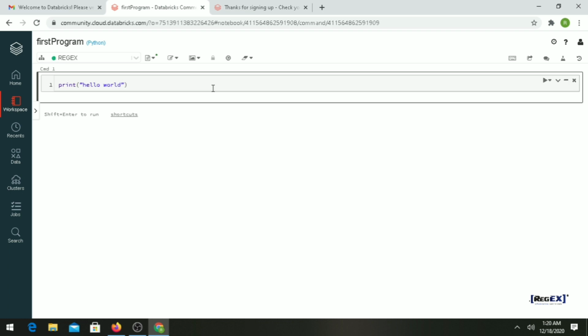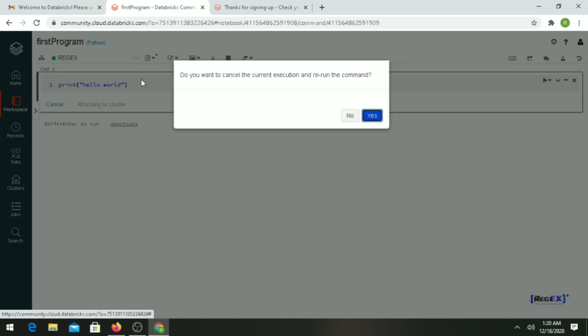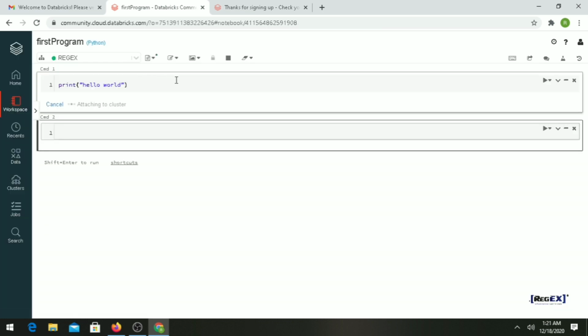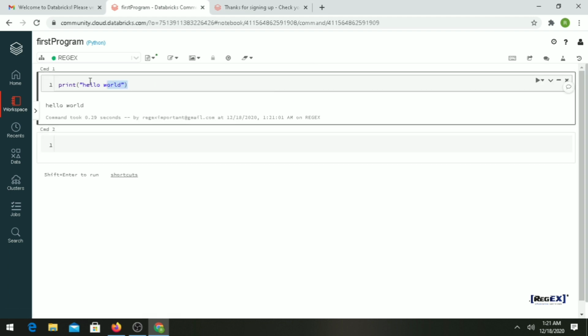Now you can see my cluster is in a green state, which means I can run it. There are basically three ways you can run the task. The first way is using control enter. You can press control enter and it will run. The second way is you can use shift enter. And the third and simplest approach is you can go to this icon and click on it. So there are three ways you can run any cell in a Spark cluster on the same machine.